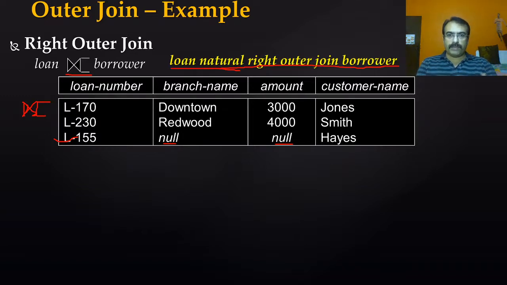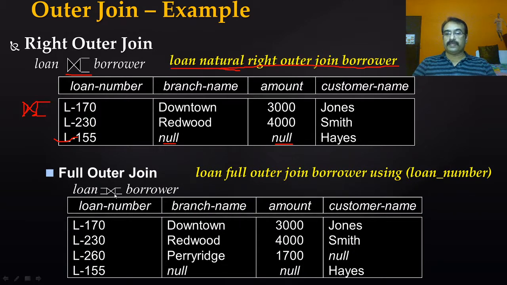So outer and natural can be combined together. Left, right can also be placed. Now, what if I want the leftovers from loan as well as leftovers from borrower? In this way I can write. See here. Now the extension is on both sides, on the left side as well as on the right side. So it is going to produce all common, then all the leftovers from loan, and then all the leftovers from borrower.